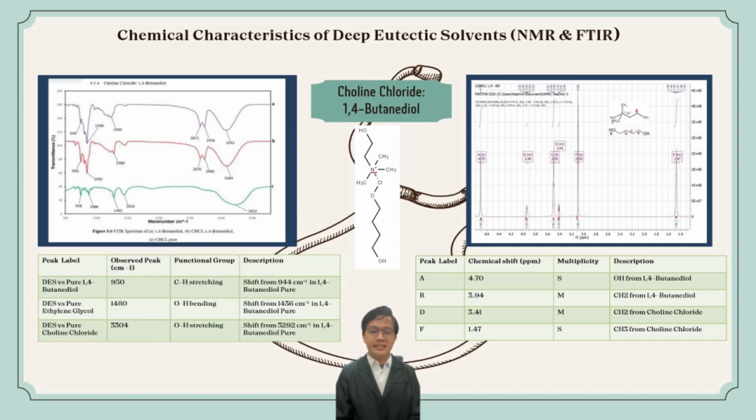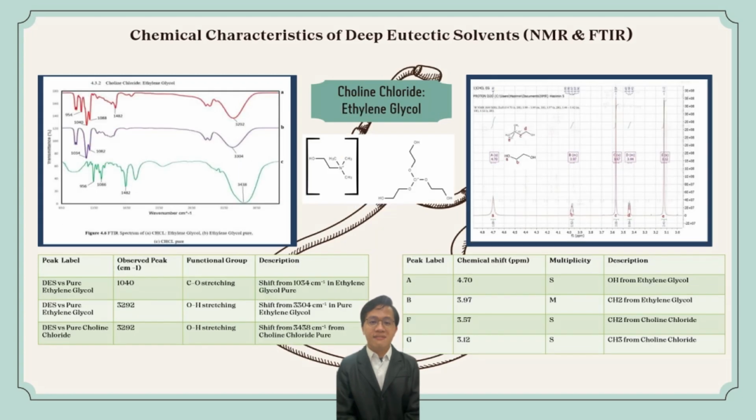Shifts were observed in the CH bending and OH stretching vibration. For the pure choline chloride, the OH stretching vibration shifted to a lower wave number. In contrast, for the 1,4-butanediol starting material, shifts to higher wave numbers were observed for both the OH and CH functional groups. For the FTIR analysis of the last sample, which is choline chloride ethylene glycol, noticeable shifts were observed